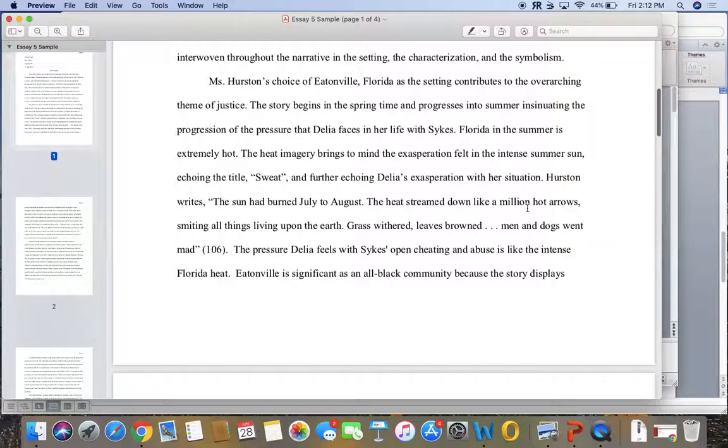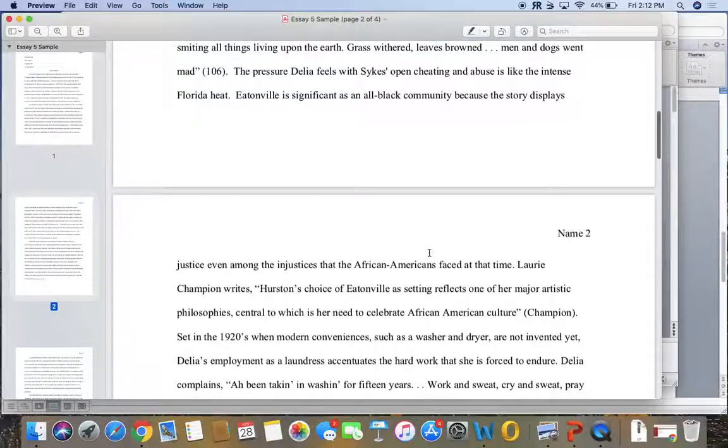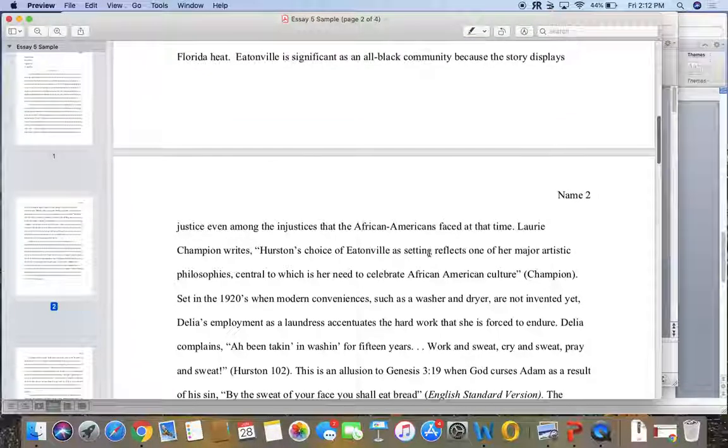quotes from the story. And this is a really good example of how to integrate your quotes. Hurston writes, it doesn't have to be complicated. Just use a lead-in. The author states, something like that. Or the narrator says, or what have you. And then she gives a nice quote that supports her point about setting and how that really mirrors this pressure and heat that Delia feels in her